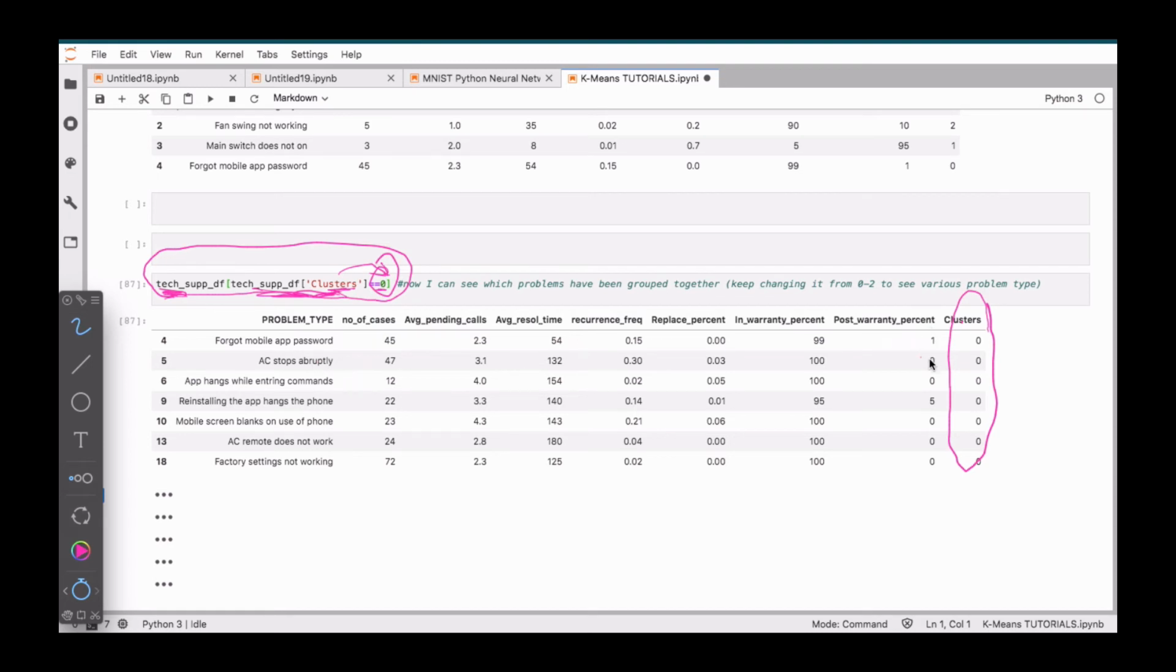So you can see we have only zeros being selected here, all the clusters that are 0. Now let's see the kind of complaints that are in cluster 0. After our model has learned from these attributes, what it came up with is that if we take these complaints: